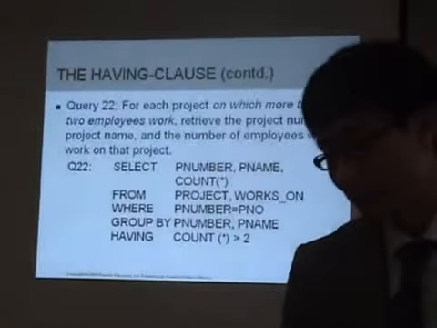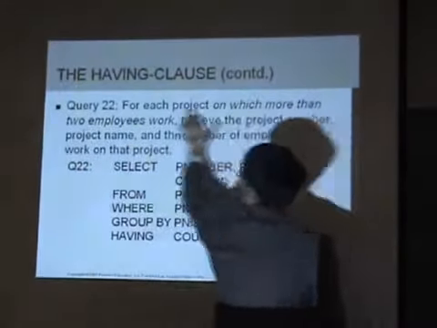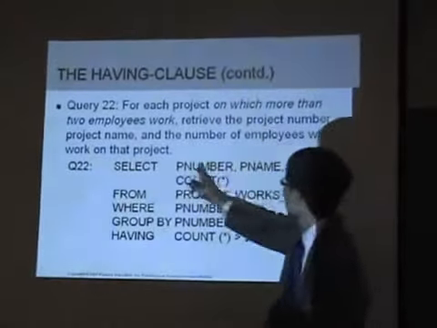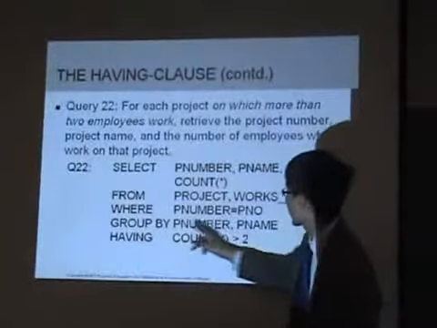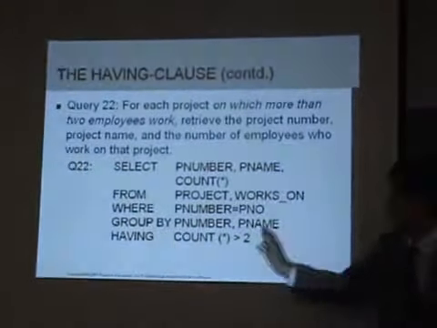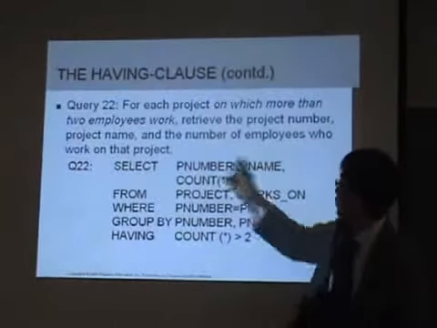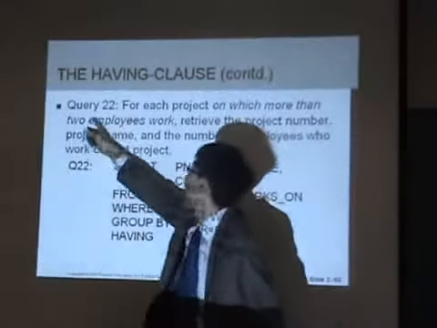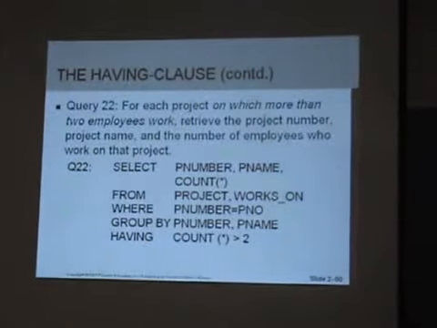Another thing is, in this case, forget about this condition for now. For each project, retrieve the project number, name, and number of employees who work on that project. So group by P number and P name. Without the condition, not a problem. Then P number and P name should exist in the select clause. Then what if we want at least 2 employees working on it? At least 2 employees, so the count should be